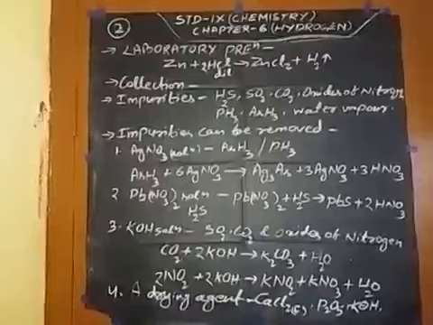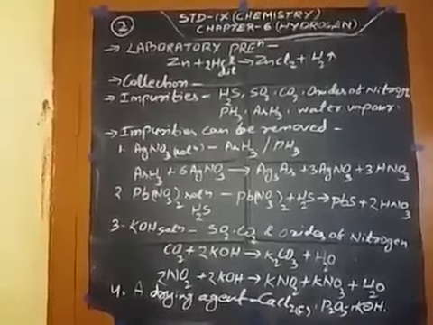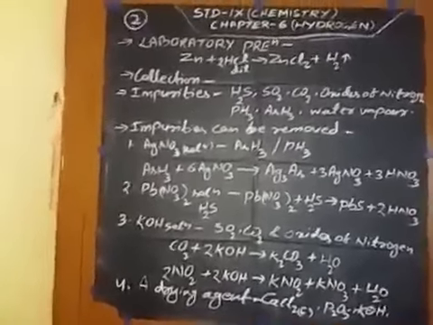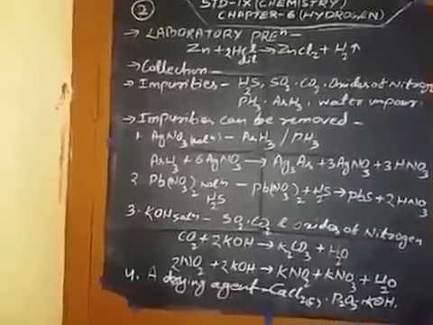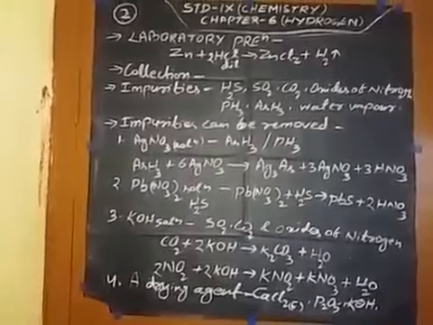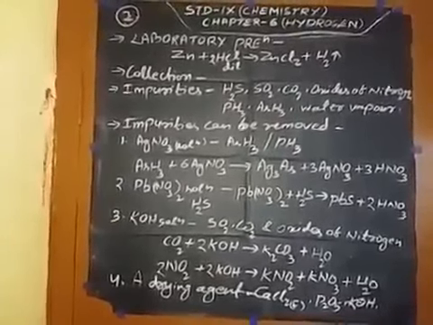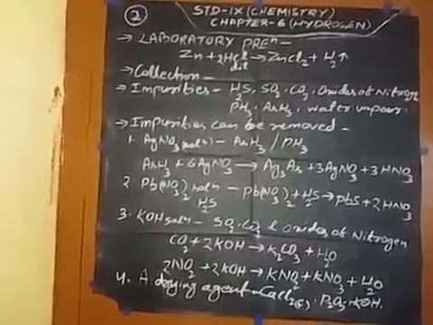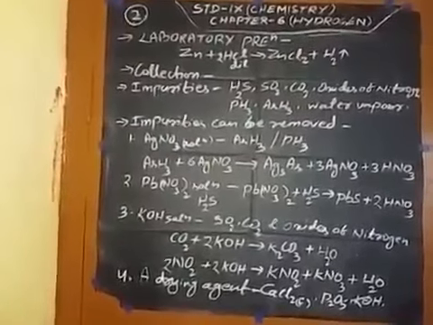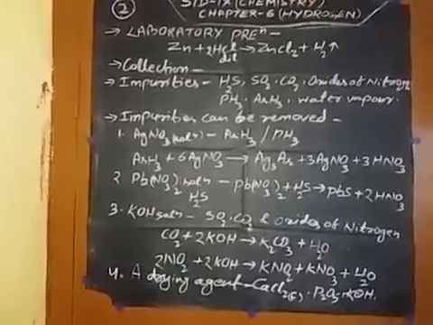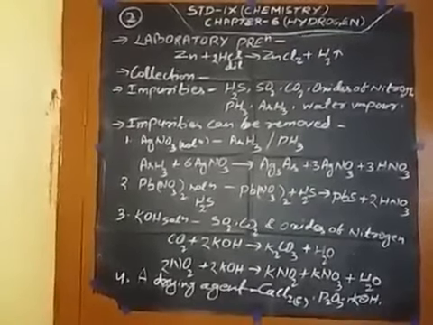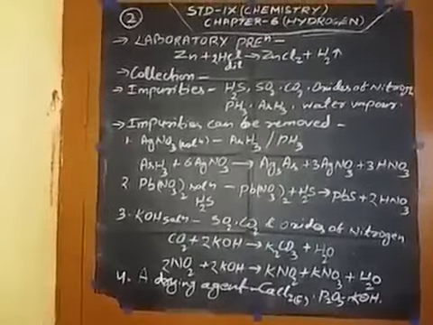Then nitric acid, even in dilute form, is not used in the preparation of hydrogen from metal because nitric acid is a powerful oxidizing agent. It oxidizes hydrogen to water, that's why it is not used. Magnesium and manganese are the only metals that react with very dilute nitric acid to form hydrogen gas and the corresponding metallic nitrate. Concentrated sulfuric acid is not used in the preparation of hydrogen gas as it is a strong oxidizing agent and will produce sulfur dioxide.